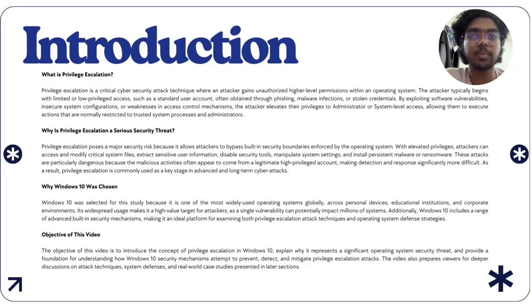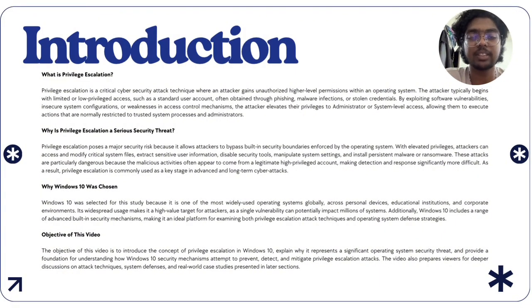Okay, why is privilege escalation a serious security threat? This attack is considered very dangerous because modern cyber attacks don't start with full access. Instead, attackers first gain basic access through phishing, malware, or a stolen password. Then, they use privilege escalation to climb up the access ladder inside the system. This means the attack becomes harder to detect, more damaging, and longer lasting. In many real-world breaches, privilege escalation is the key step that allows attackers to steal sensitive data or gain full control